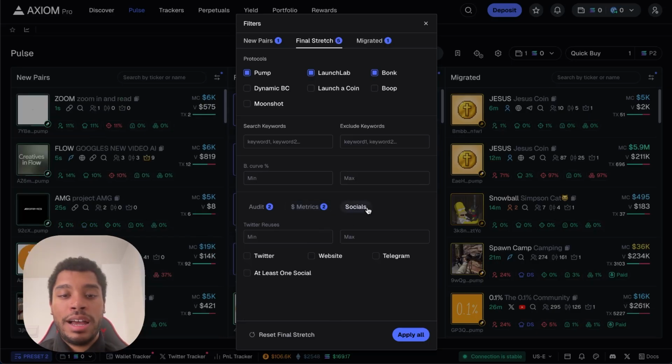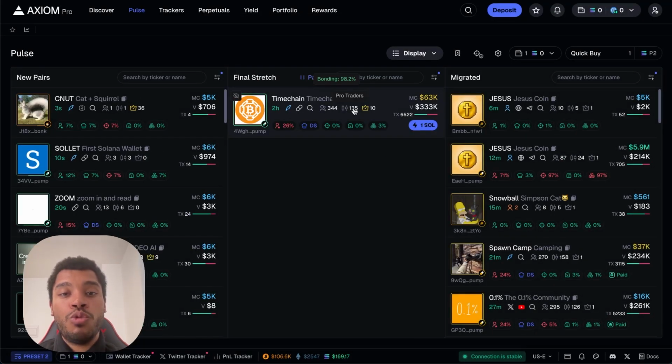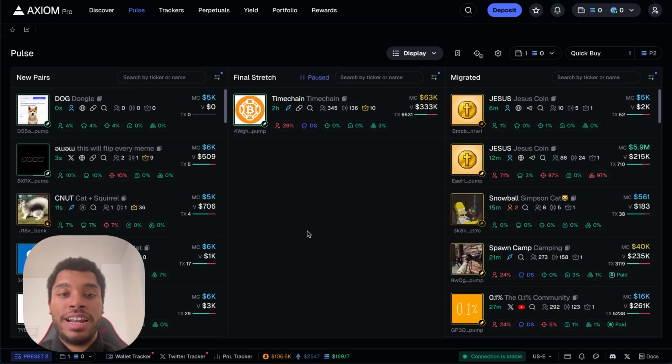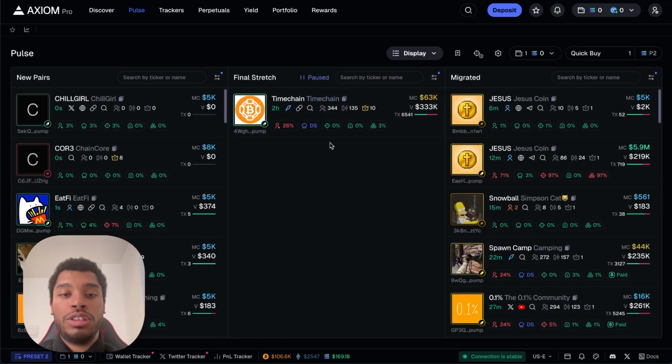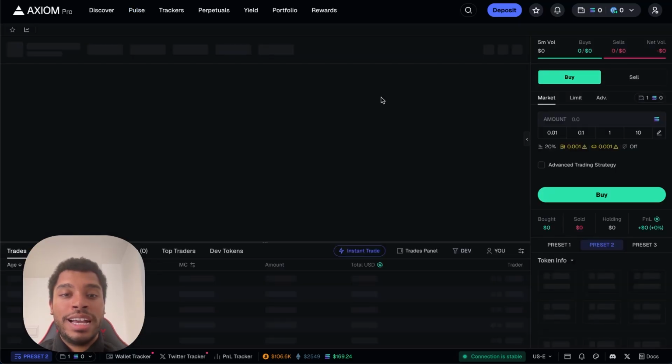And finally, when it comes to social, I simply mark at least one social, and then I click on apply all. Currently there is only one token that respects this filter, and this is a positive, because this means that we have basically eliminated all the trash that inevitably ends up in the final stretch. And the good thing about not having a lot of coins here is that you can take your time to analyze them. Let's say for example that we found Timechain, we can click on it,